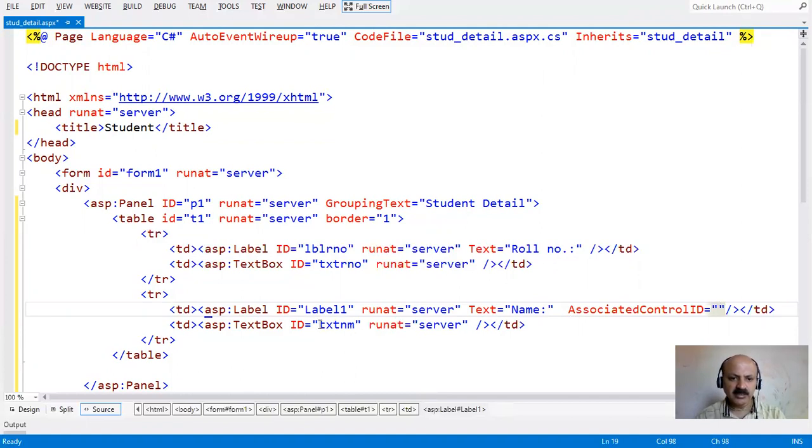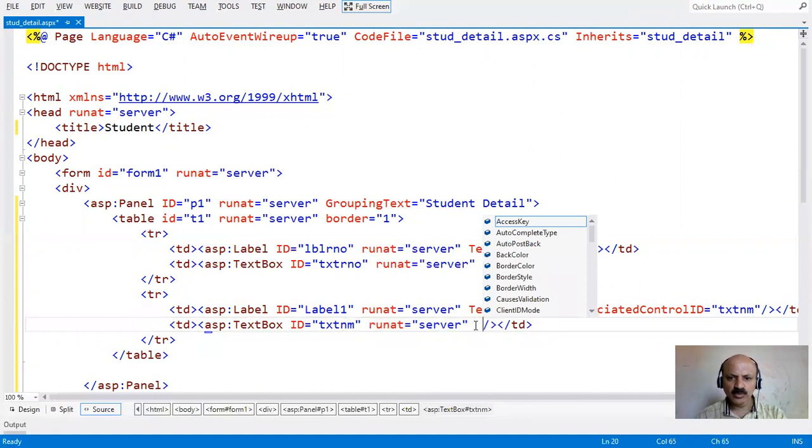Like in this example, we just copy this ID and provide it to AssociatedControlID. That means the label works for the student name text box. In a real-life commercial website there are 20 or 25 controls, so you can identify which label works for which control. So AssociatedControlID for a label is a very useful property.